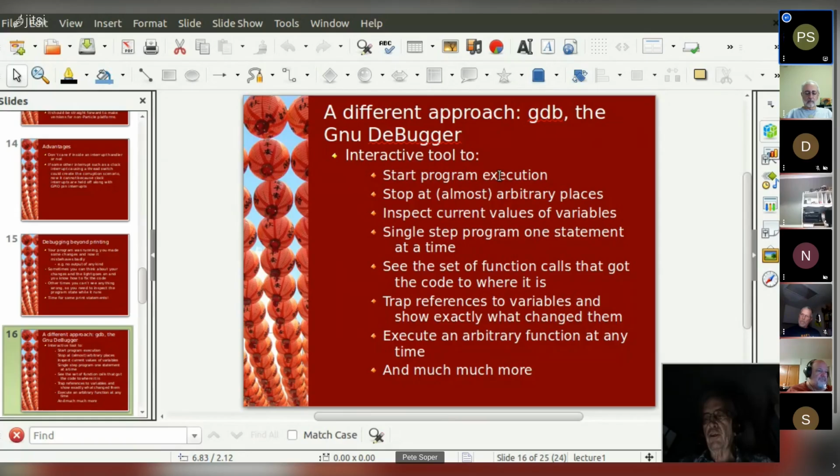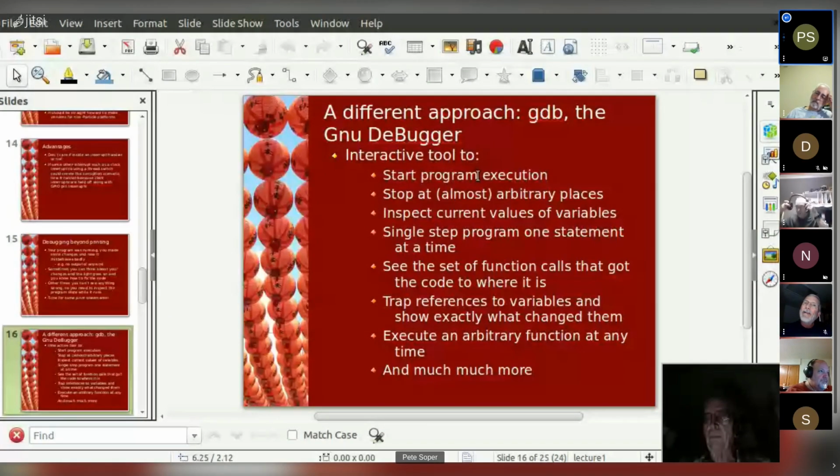You can start it. While it's running and it's sitting there wailing away, you can type in Control-C and interrupt the code, look around, decide to run it some more and do a continue, and it will continue running. And so you can arbitrarily control the execution.